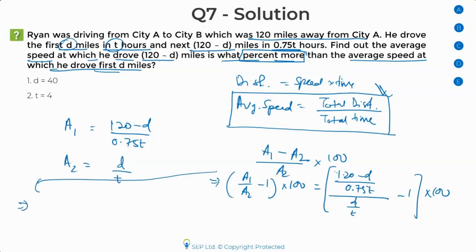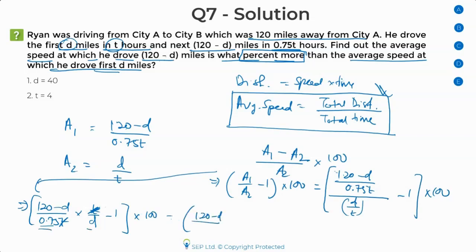When I solve this, it's a fraction. So you will get 120 minus D by 0.75 T, and this fraction will basically flip because it's a division sign. So you'll get D by T. Notice this T gets cancelled out. This T is no more there with us. All we are left with is 120 minus D by 0.75 D